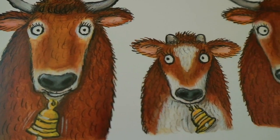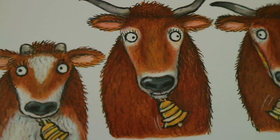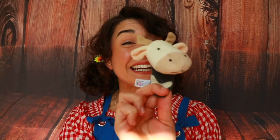Then Harry gave Betty O'Barley his arm, and they set off once more on a hunt round the farm. Let's have a look. What might we find now? Who might we meet? Well, they hadn't gone far when some cows gathered round, and the bells round their neck made a wonderful sound. Ring-a-ding-ding, ring-a-ding-ding,